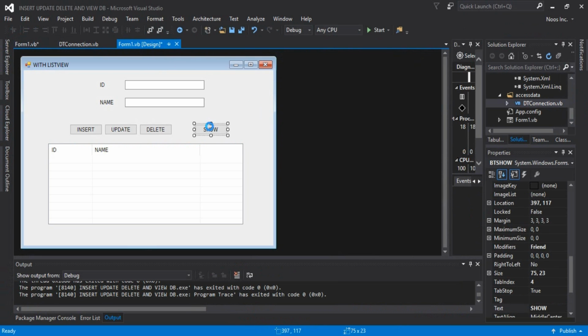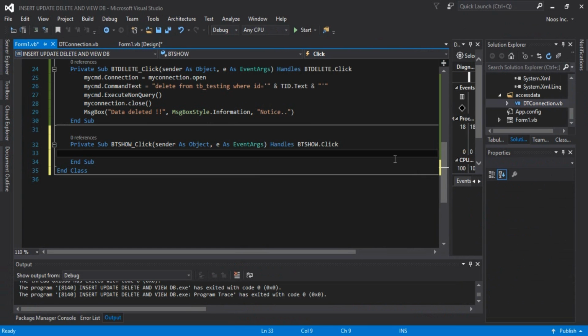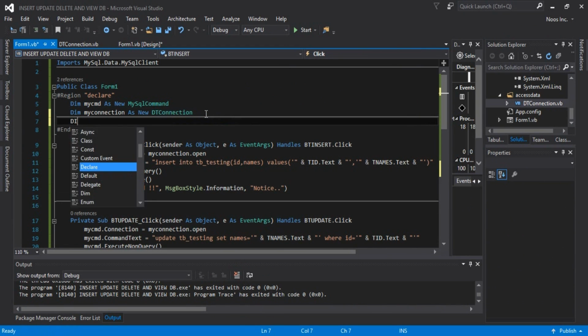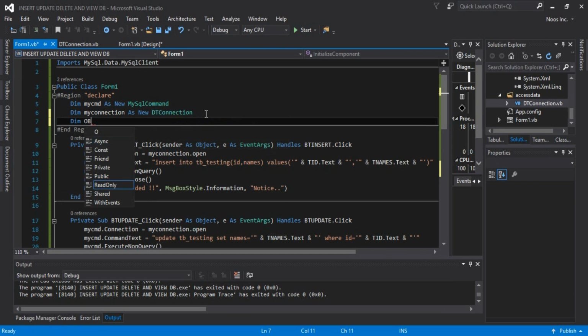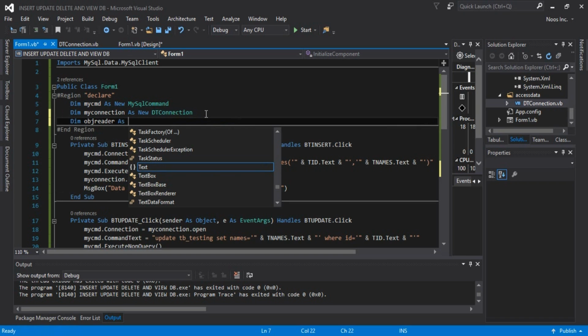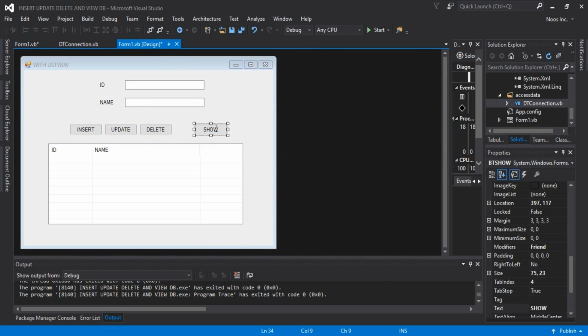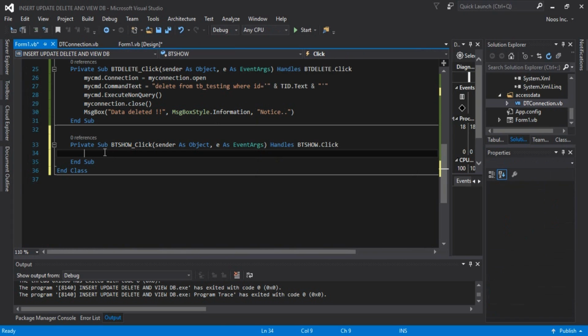And then I double click the show button. Okay, I will declare here, team obj reader, object reader, guys, as MySQL data reader. Then in the double click of the form button show,